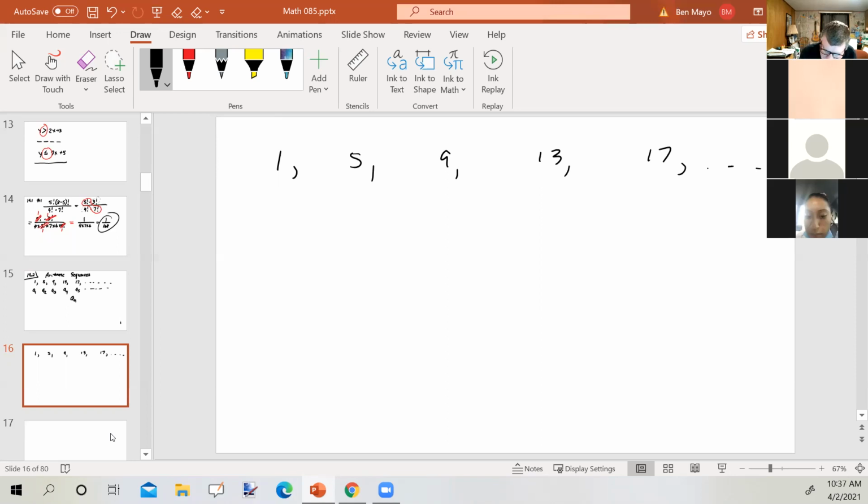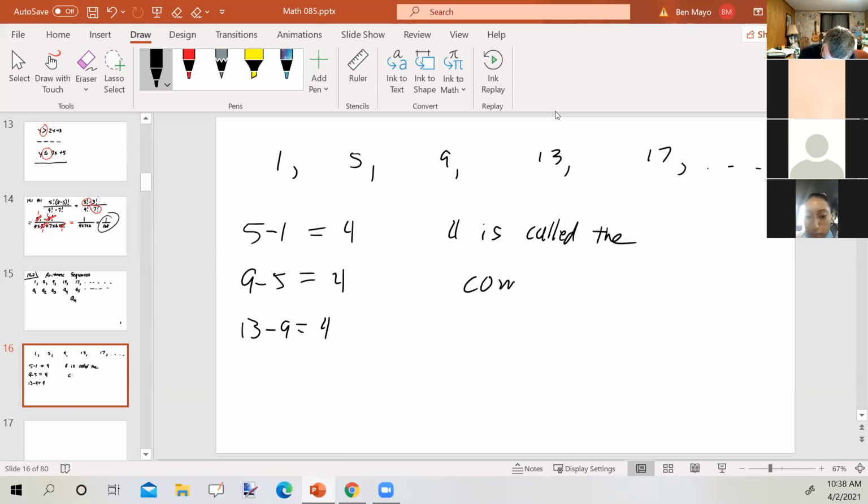In other words, if we take a term in the sequence and subtract the previous term, 5 minus 1, what do we get? We get 4. If we take the third term minus the second term, 9 minus 5, what do we get? We get 4. If we take the fourth term minus the third term, 13 minus 9, what do we get? 4. Right. So 4 is called